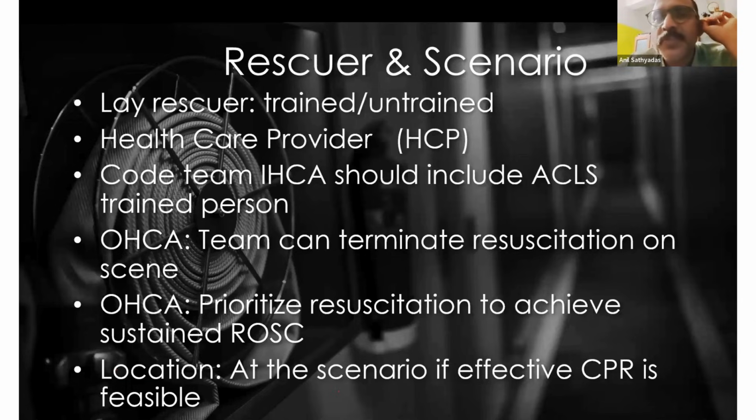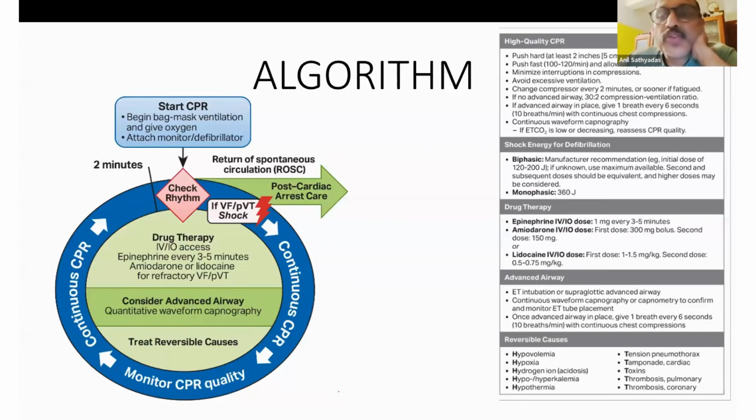So effectiveness of CPCR: we should check whether the quality of CPCR is quite good. Algorithm, there is not much change in the algorithm regarding the basic things. But what you do when you find a patient who is diagnosed to have cardiac arrest is to start CPCR. Start the compressions. Compressions are CAB. You give ventilation, and you have already activated the emergency medical service, EMS.